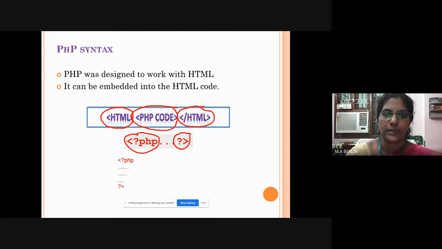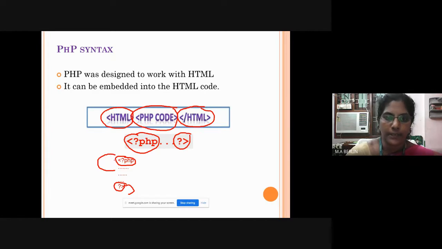So once the system, during execution, finds this instruction, it can understand that it has to jump into the PHP code. Once it finds this, it can understand that it has to come out from the PHP code.